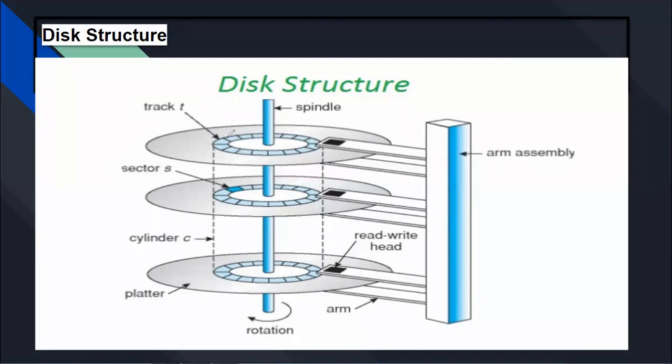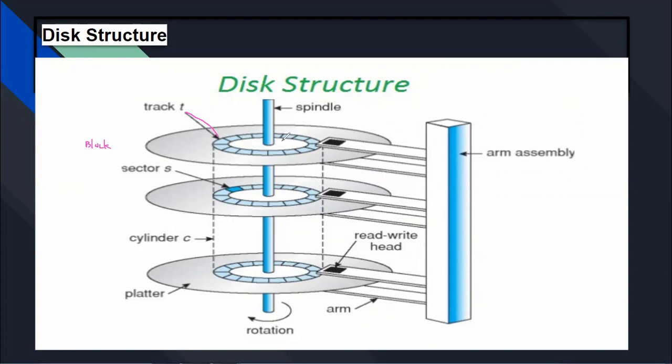The disk has a number of tracks. You can see here, the highlight shows that this is a track. In this rounded manner the disk structure is given. These are the tracks, and an important part is called the sector. Our data is stored in the block. Block means our memory allocation. We are going to store the data into the memory allocation. Everyone knows the data is stored in blocks.